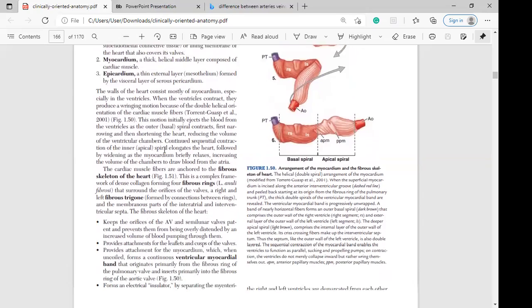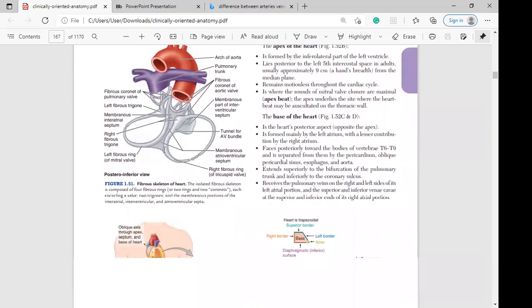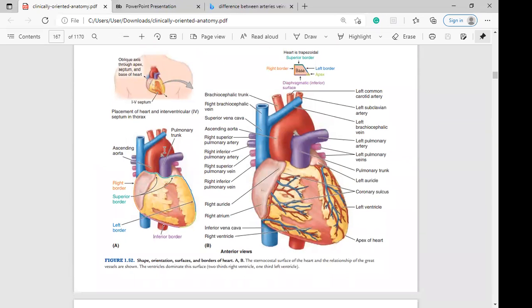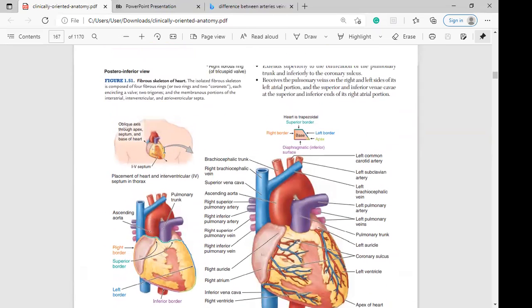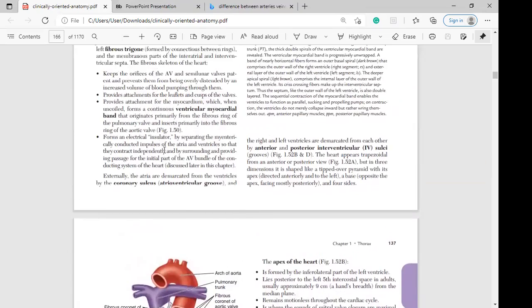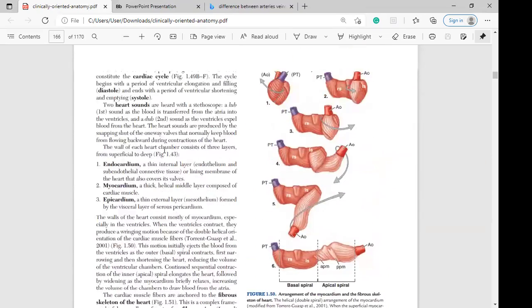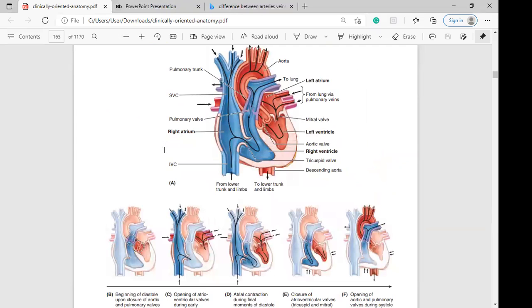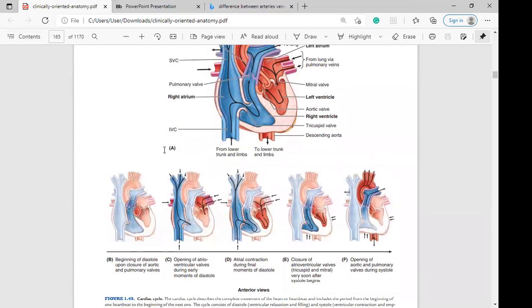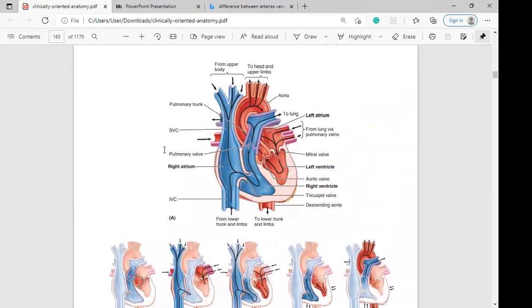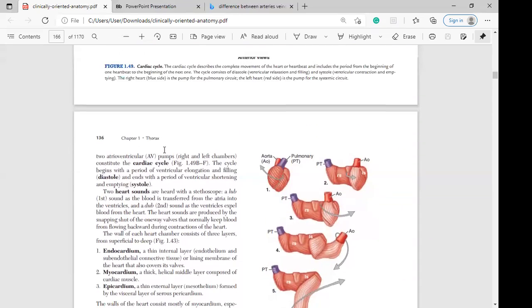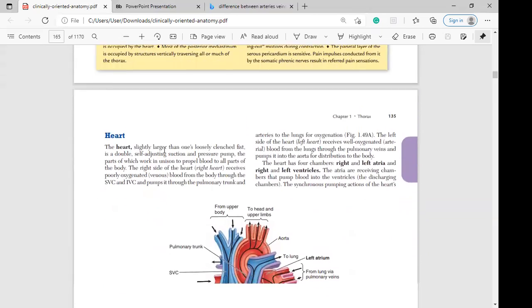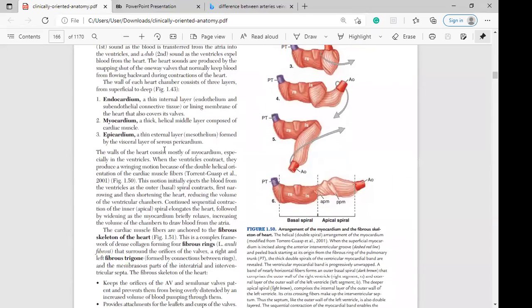But let me see if there is a diagram that shows these. I think in the atlas you will find it better. Let me see if the diagram explained. Okay, this diagram didn't show those three layers that I mentioned, but know that the heart has three layers: endocardium, myocardium, and the outermost epicardium. Okay,